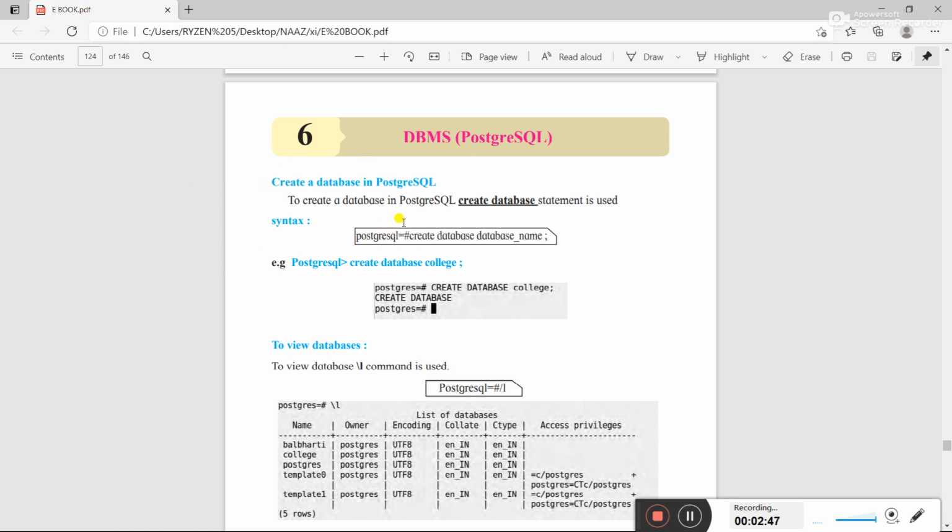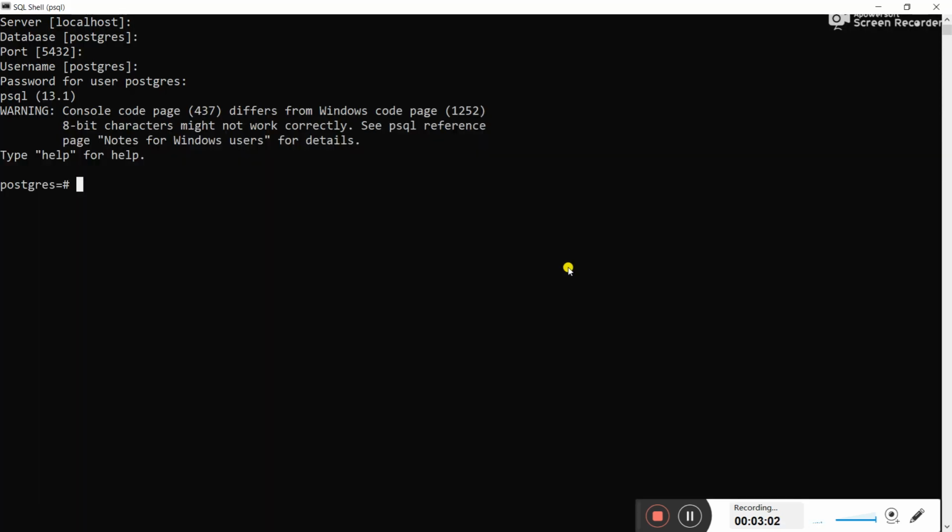To create a database in PostgreSQL, we use the create database statement. Here we are going to create a database with the name college. So how to create the database? We use the keyword create database.